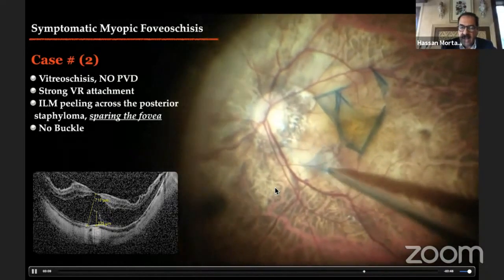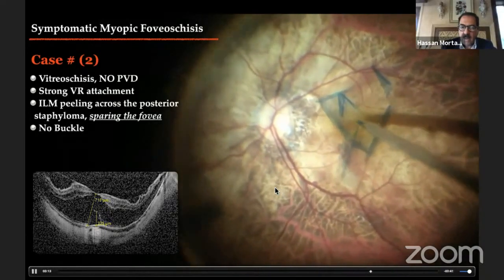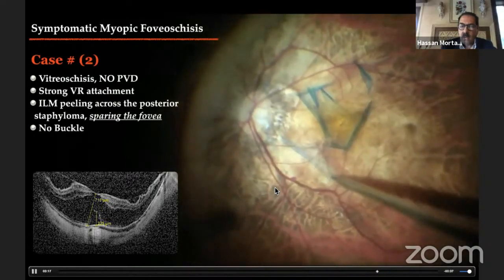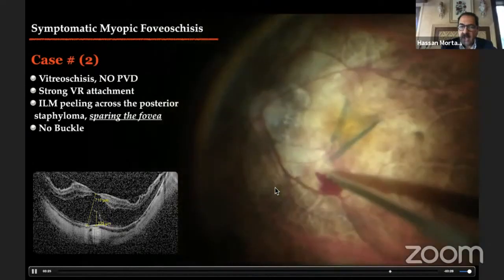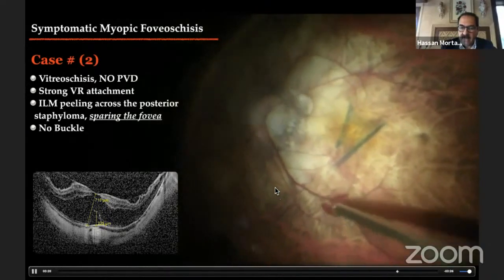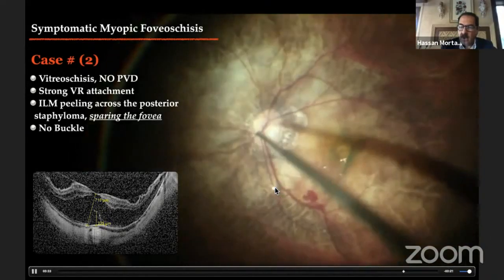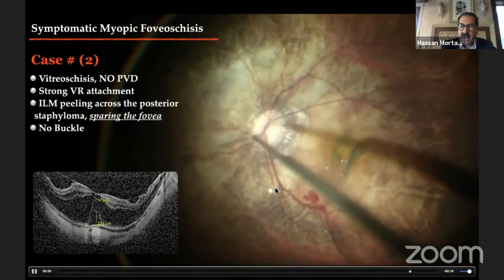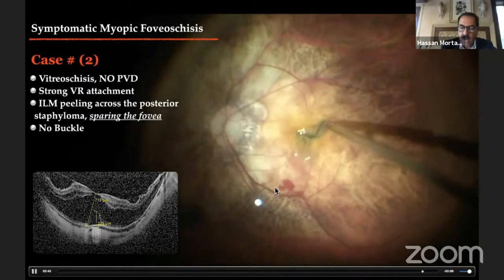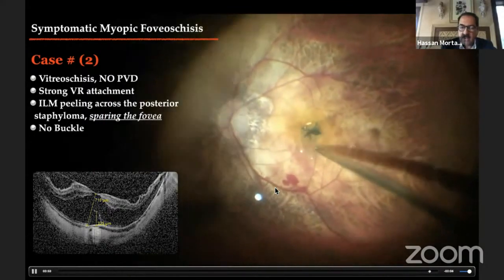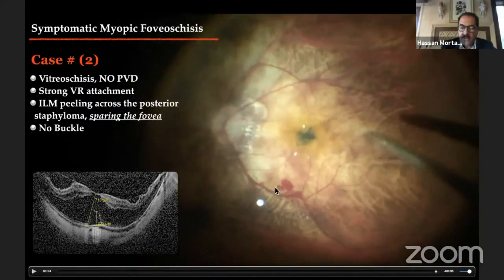And once the flaps are created, it is brought over the fovea, and sometimes bleeding occurred while peeling the ILM. Under PFCL, although there was no hole, I decided to put the flaps over in order to strengthen the